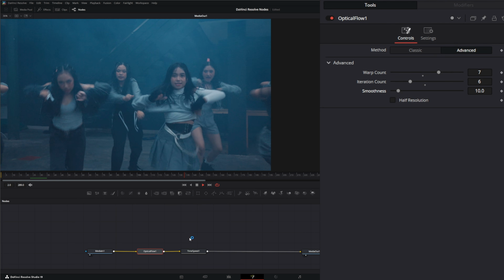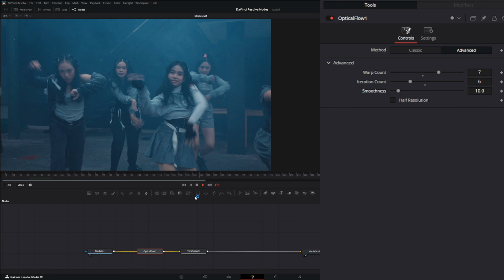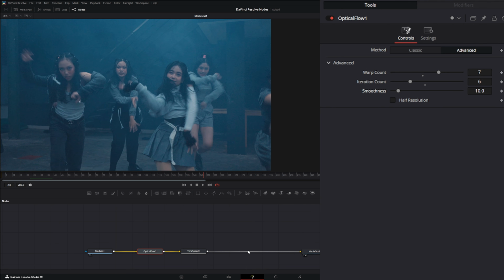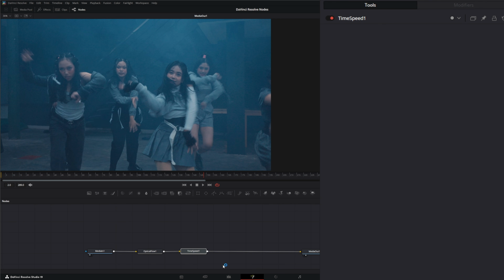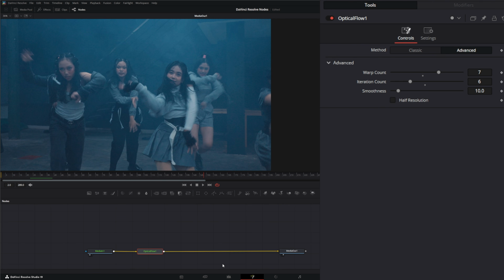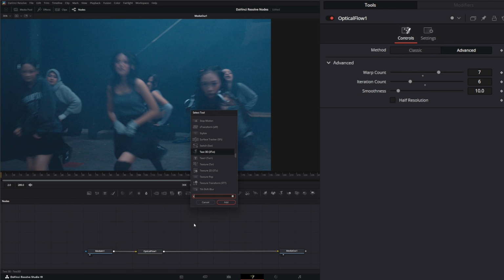Now, mind you, I mentioned some nodes destroying your data. If I now look at our media out and right click, you can see our channel no longer has vector data. That's because our time speed node destroys that vector data as it uses it. So if you need to use optical flow on other nodes down the line, you're going to have to reintroduce a new optical flow node to bring that data back. Same goes with our time stretcher. So if I bring in our time stretcher,